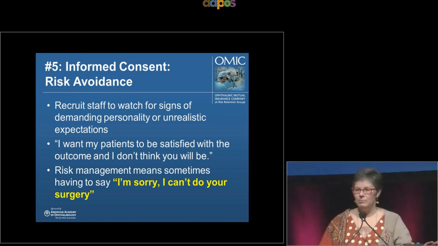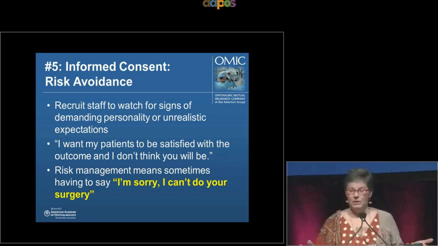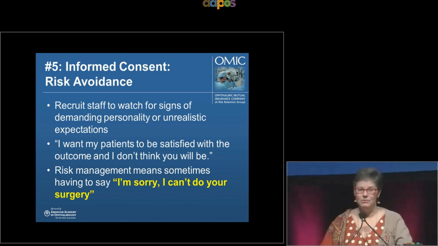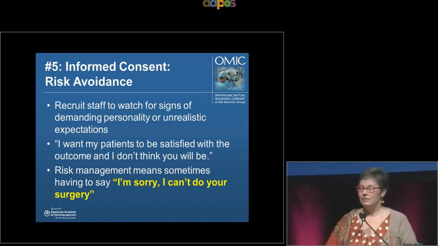And if they're troublesome from the word go, or really sweet to you and your staff say they're really nasty to them, I would really, you know, it's one of the few places you have any power in medicine today. You are not required to continue treating someone unless your contract says you have to, or you'd want to be really careful with anybody covered under the Americans with Disabilities Act. But, you know, send them to someone else. So I think you want patients to be satisfied, and if you get the sense before surgery and it's not an emergency procedure, let somebody else handle them.